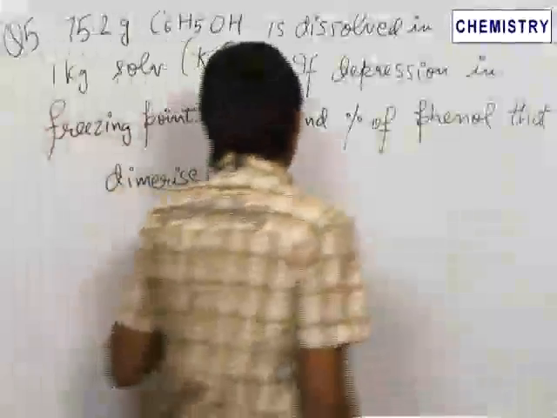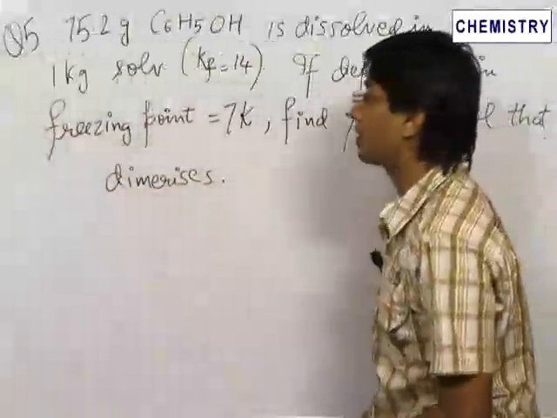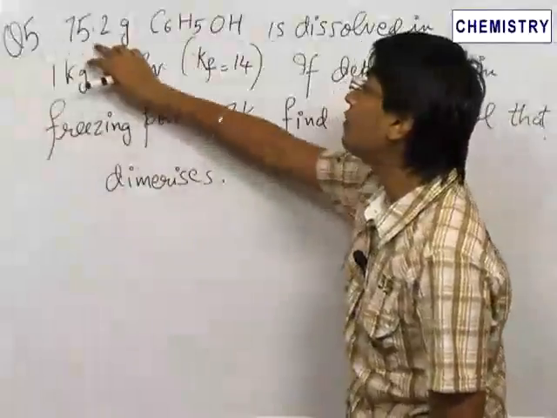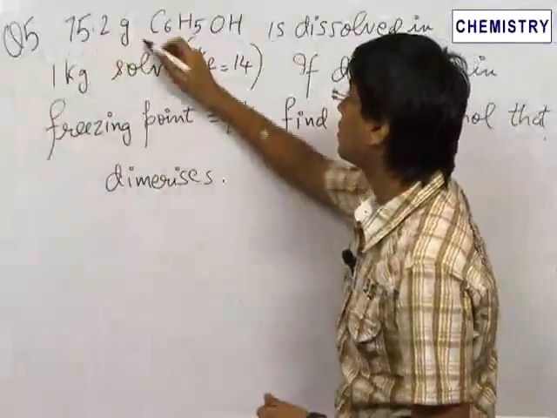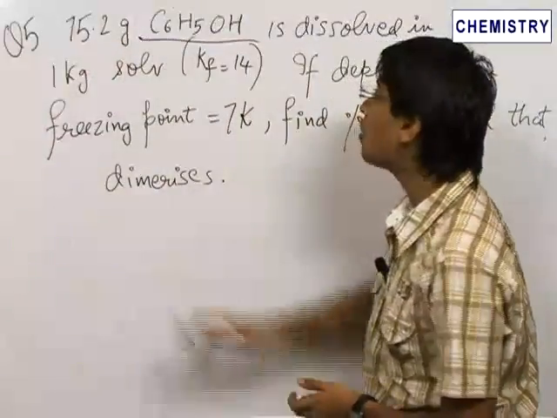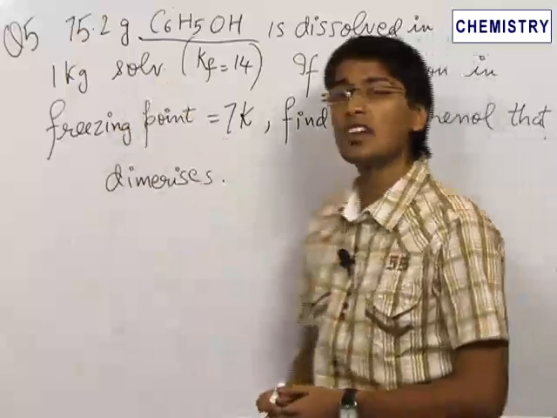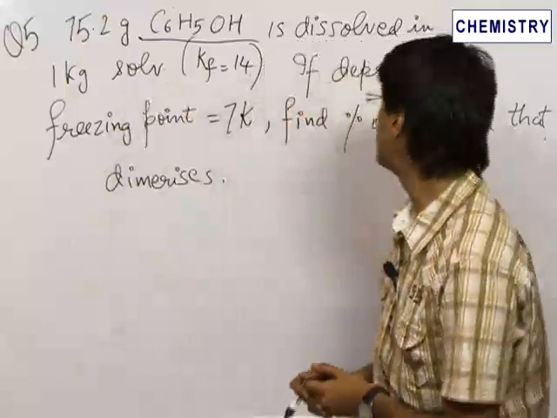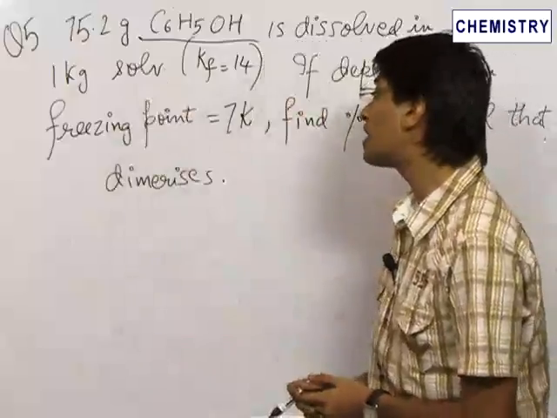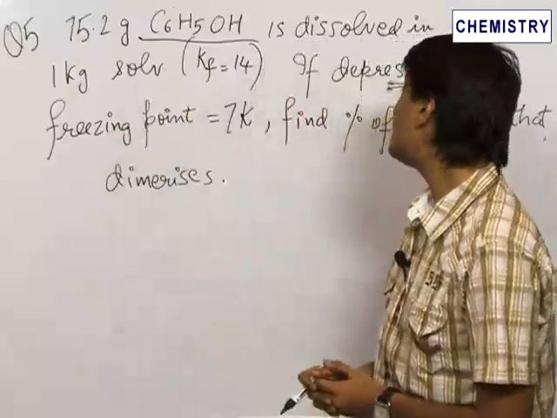Our fifth problem is again an important problem of Van 't Hoff factor. We are given that 75.2 grams of phenol is dissolved in 1 kilogram solvent whose Kf is given to be equal to 14. If the depression in freezing point is given to be equal to 7 Kelvin, we need to find the percentage